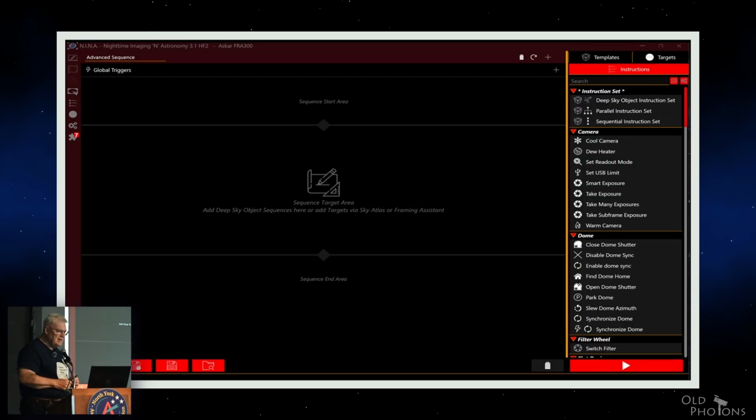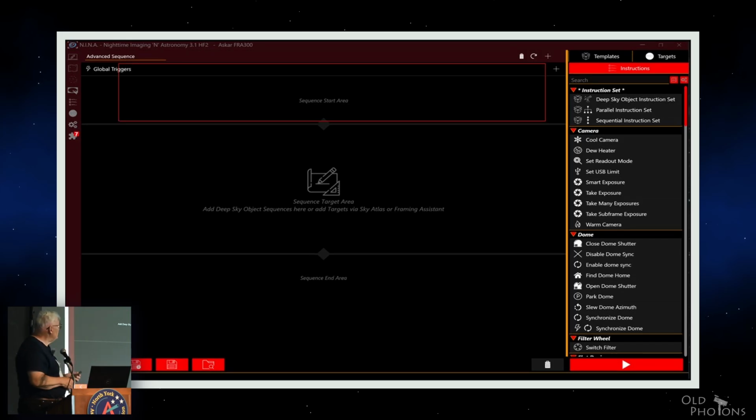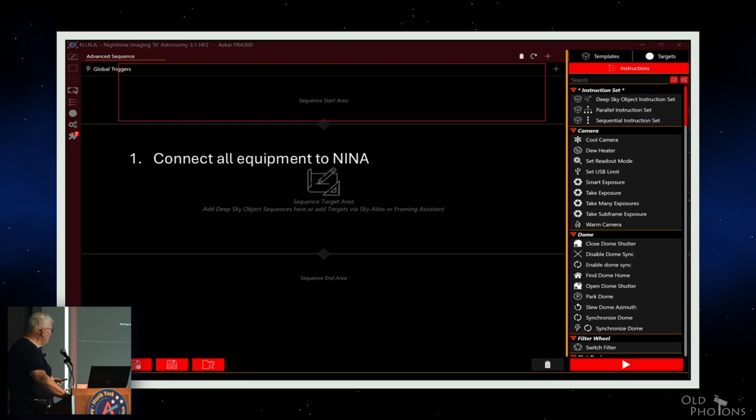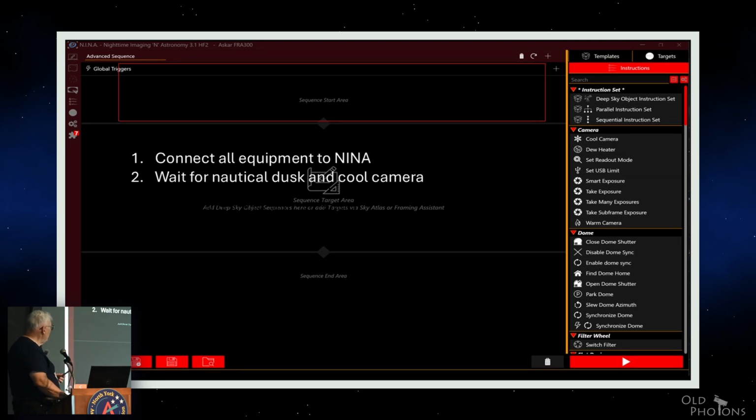This is what the Nina interface looks like, and you'll notice that there are kind of 2 lines across here, one there and one there. So it divides it into 3 sections. So the first section is the sequence start area. And so the things that you would put in there would be connect all my equipment to Nina, wait for nautical dusk and cool my camera,